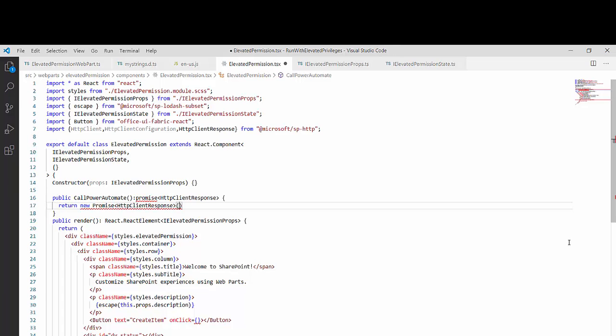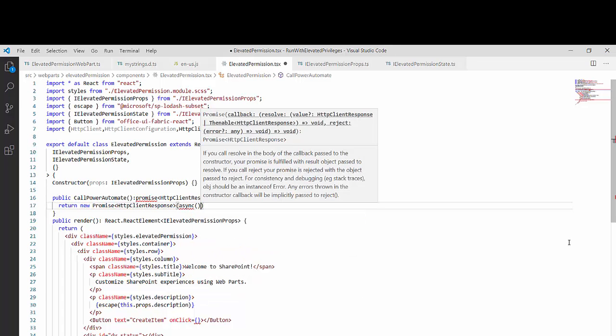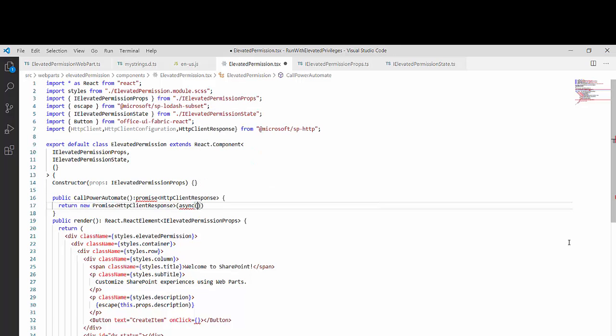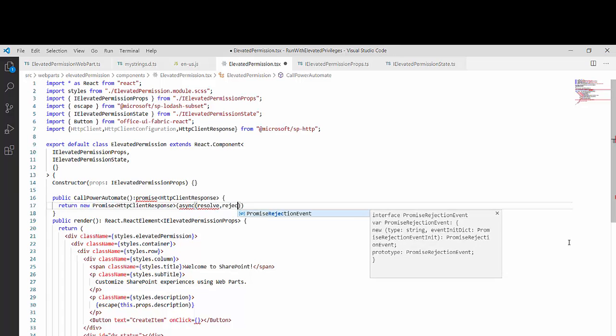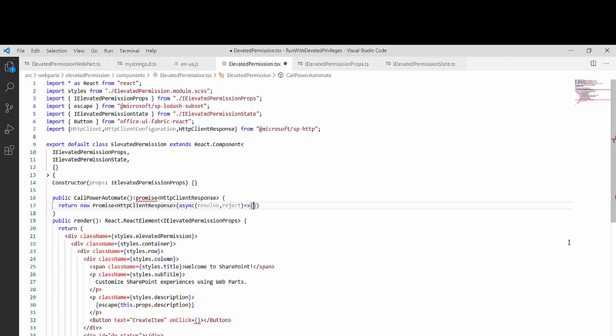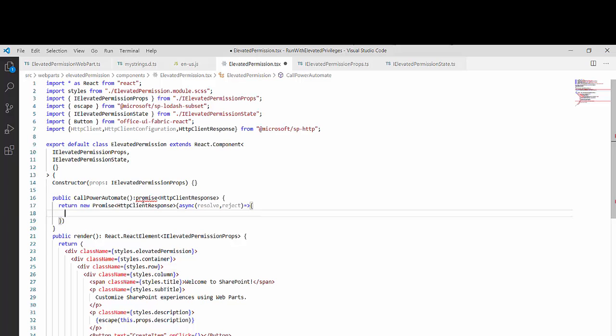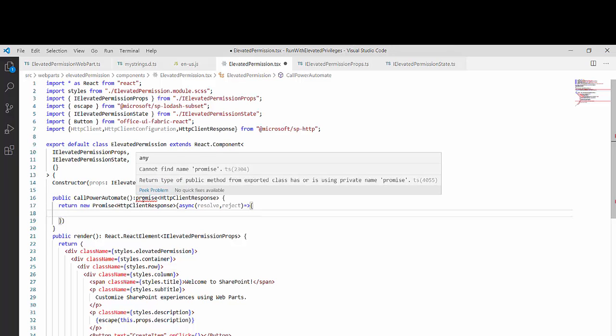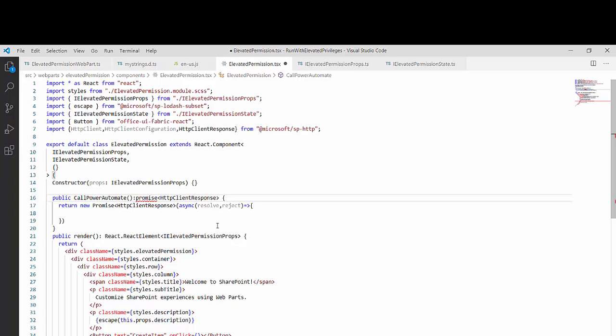Inside this is the same logic we followed in my previous video. Again and again I'm saying, in case anybody has doubts, they can refer to that video, where I've explained resolve in detail. So this is my promise. It is giving me an error over here, because I think my P will be capital.